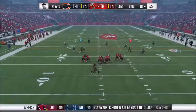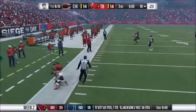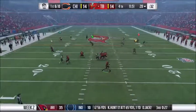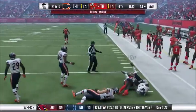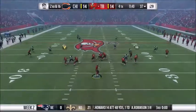Braxton Miller looks to pass, rolls out of the pocket, and he goes out of bounds for a gain of 3. So Miller gets the pass. He rolls out of the pocket, gets a good block, jukes out the defender, and he slides for a first down. So Charlie Whitehurst is in the game,